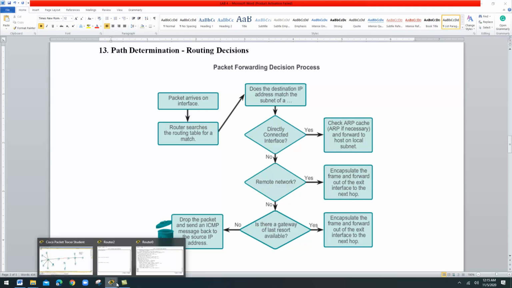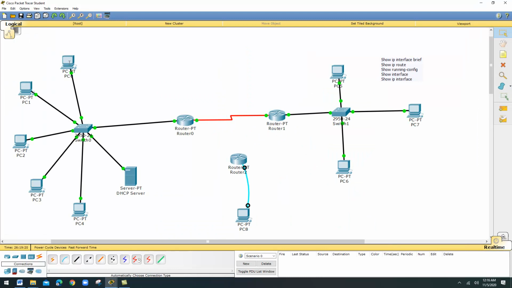So in this example, I'm going to start from here. I want to go to 30, so I'm going to take my car and come to this router. This router is asking, where do you want to go? I want to go to 30. So 30 is remote, 30 is not directly connected. Here 10 and 20 are directly connected. So what is it going to do? It is going to attach some information to my packet and forward it to the next router. Now the next router is asking me, where do you want to go? I want to go to the 30 network. So the 30 network is directly connected with me, no problem, I will forward it. So this is the concept.